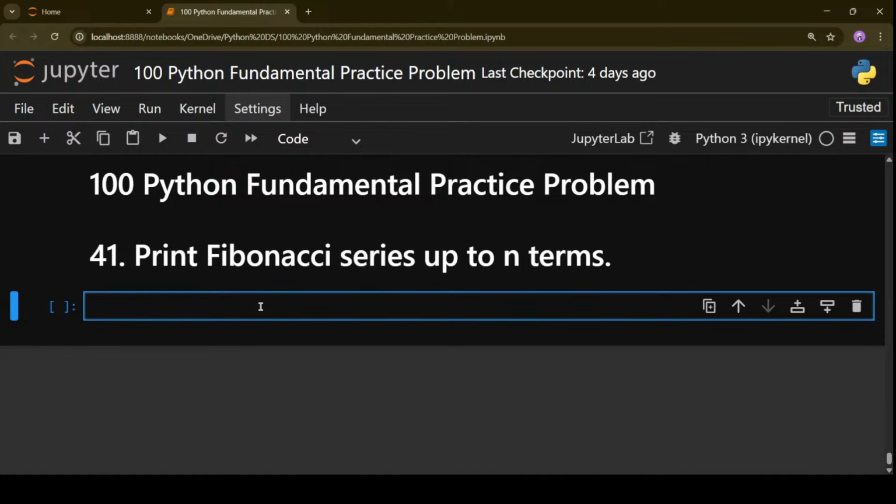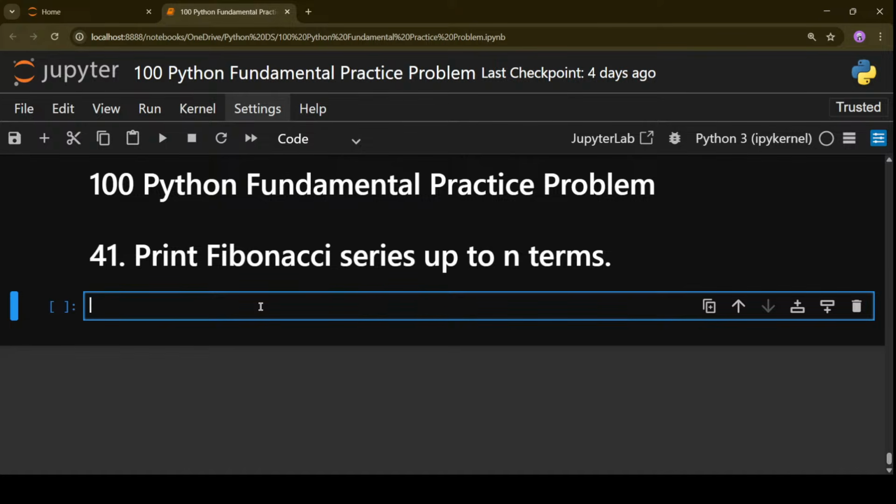Those who know, you can start writing the code. Those who don't know what a Fibonacci series is, in simple language, it's a sequence of numbers where the next number is the sum of the previous two numbers, and by default the initial two numbers are 0 and 1.